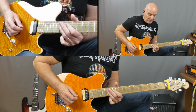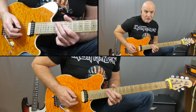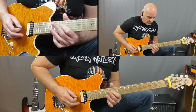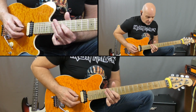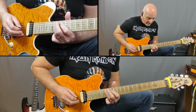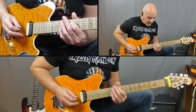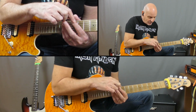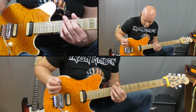Then we're moving up and we're going to play it on the 14th fret on the D string. We're going to go 14, 12, 14 on the A, back to the 12 on the D, to the 14 on the A, to the 12 on the D, and then it's 14 A, 13, 12, 10, and then we've got this little octave where you're holding down 10 on the D string and 12 on the G string and muting the D string in between. So you get